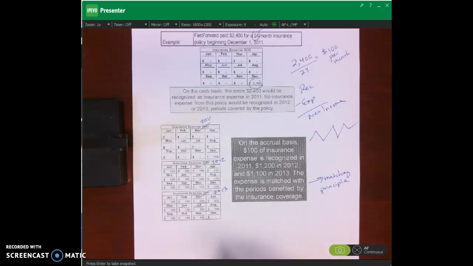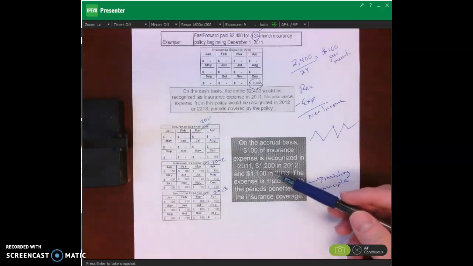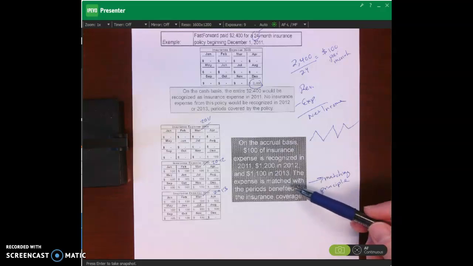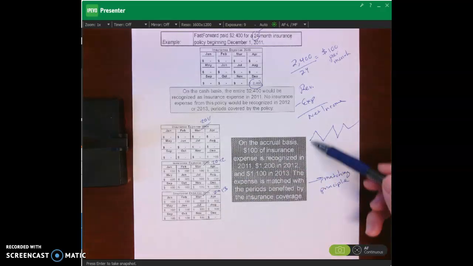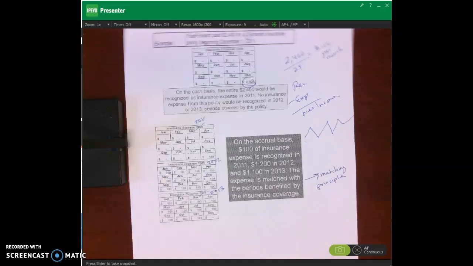Okay? So it helps us smooth out some of those big swings in net income. It's also consistent with the matching principle. And the matching principle says we want to recognize revenues and expenses in the same accounting period, or in the context of this expense, we want to match the expense with the periods benefited by the insurance coverage. Well, that means we need to spread it out. And by spreading it out, you don't have big swings in net income. Okay? Let's talk about